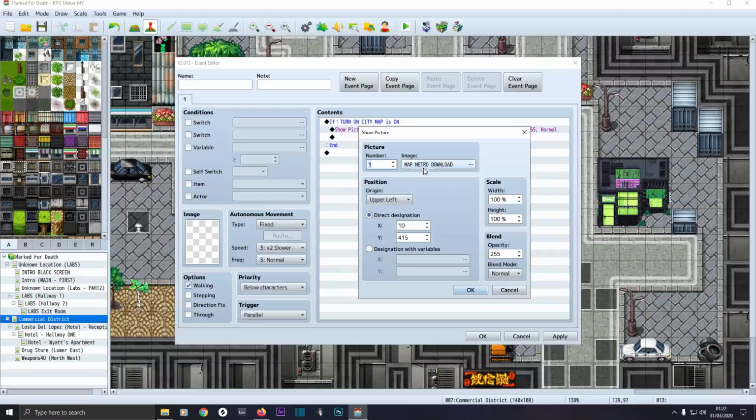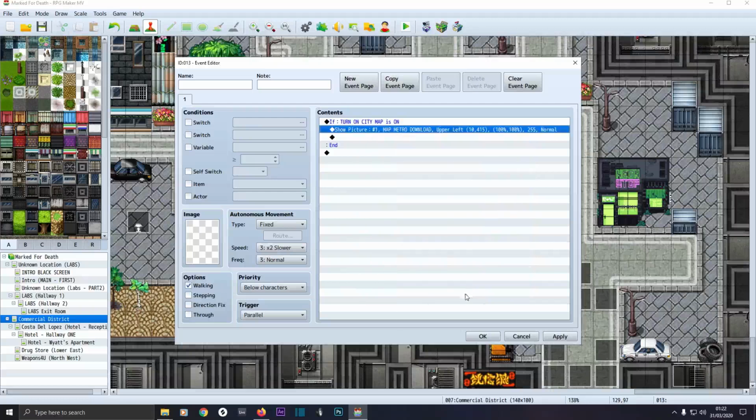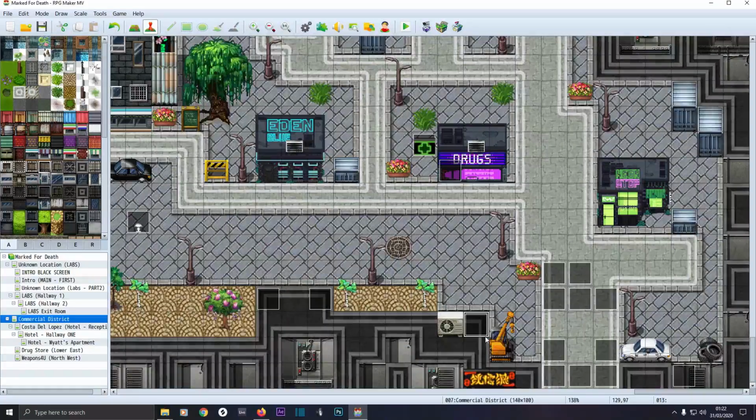Give it a number, select the map, leave width and height here, and opacity the same, blend mode all the same. Then click on that. That's that done. Make sure it's a parallel event. Sorry this tutorial's dragging on a bit, but it'll be worth it. Then what you want to do,